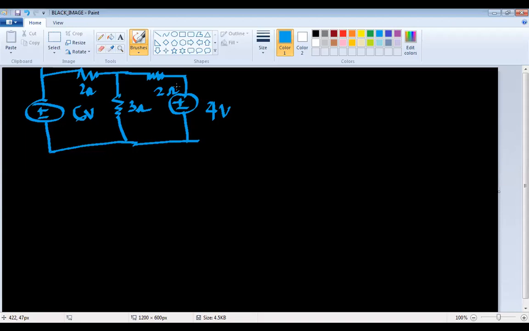Now let us say we want to calculate the current at this particular point. So when we have to calculate this particular circuit, what are the ways we have? We can apply, let us say, mesh analysis, or we can apply the